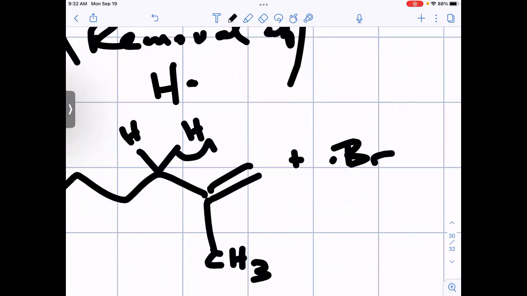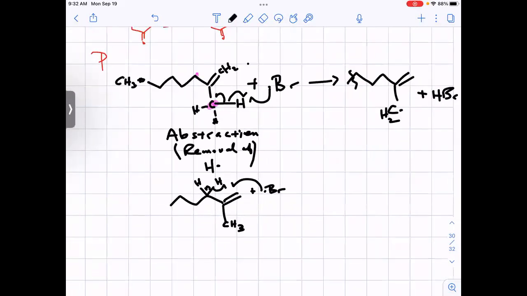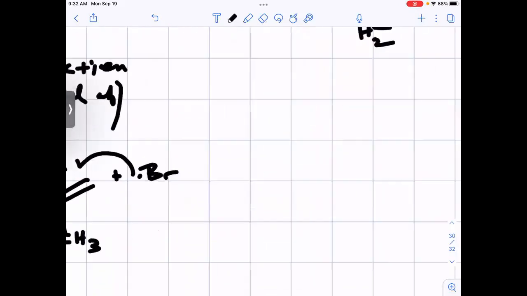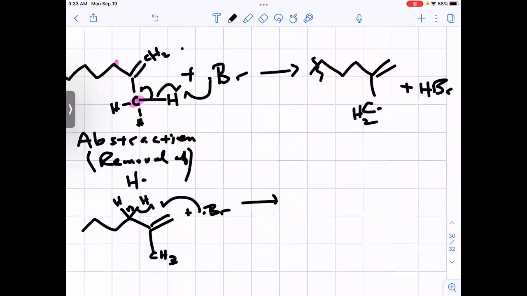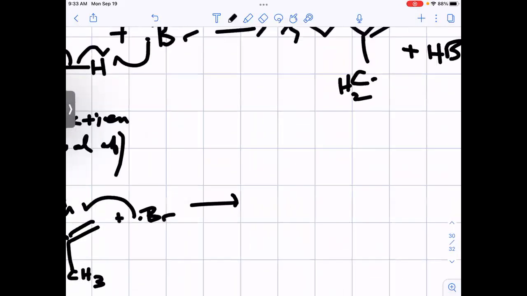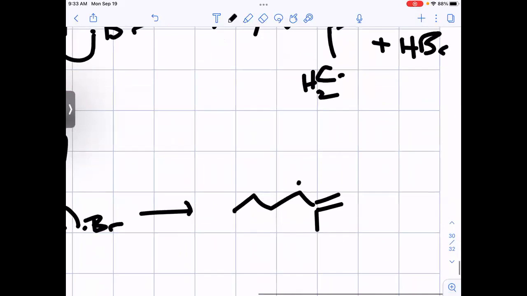I'm going to break this CH bond like so, homolytically. And that bond breaking is facilitated by bromine. So now my new radical on this side is going to look like this. So that's the new radical, and then plus